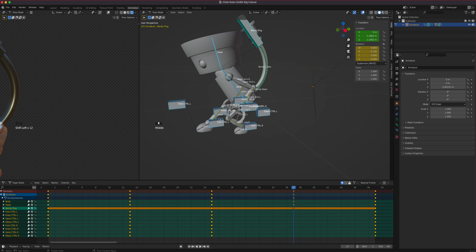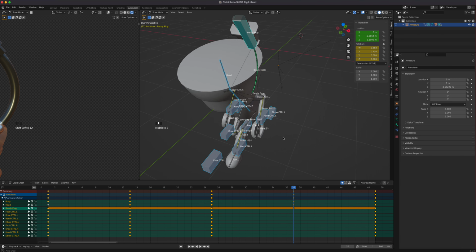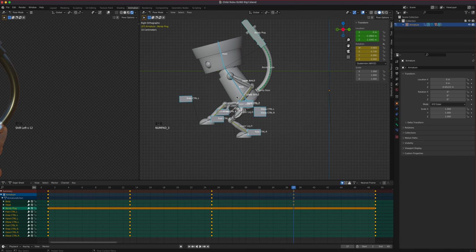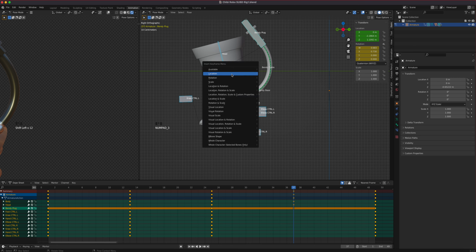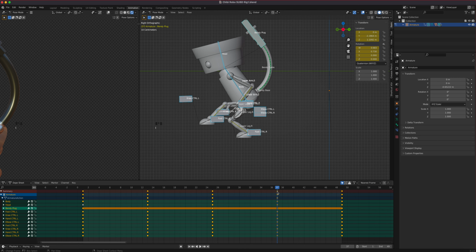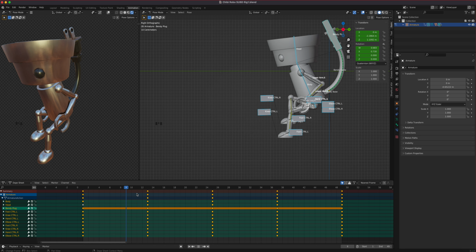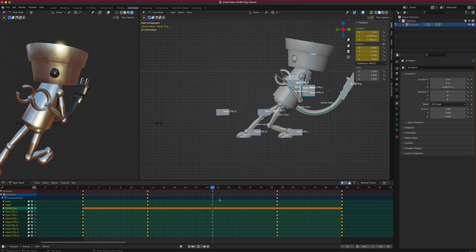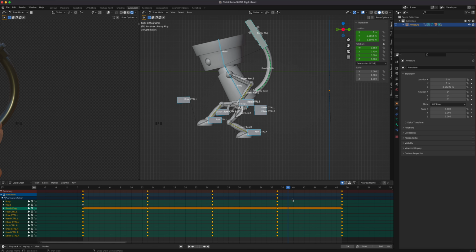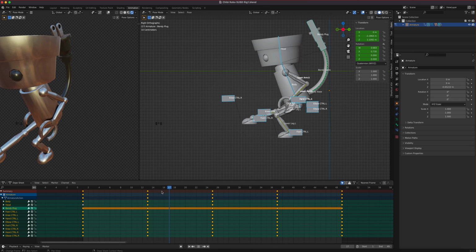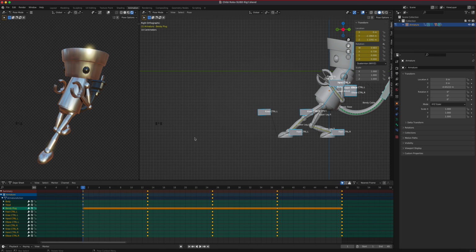So there's 2 foot, 2 knee, 2 hands, 2 elbows, okay? Body, head, and then the tail. So on frame 17, we're gonna press I and then location, that locks it in. So there's the very exaggerated sneak. All right, and that completes the sneak animation